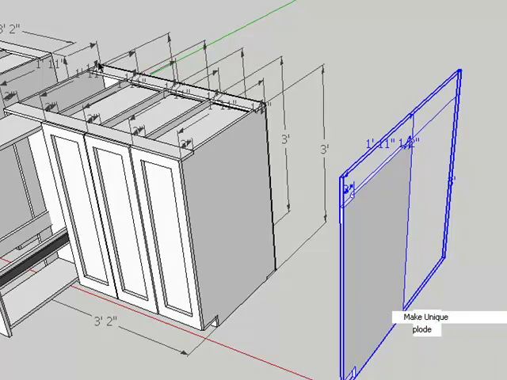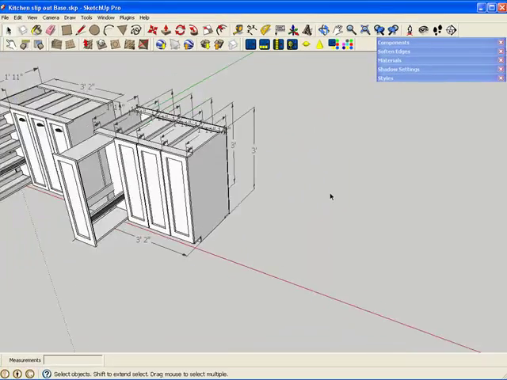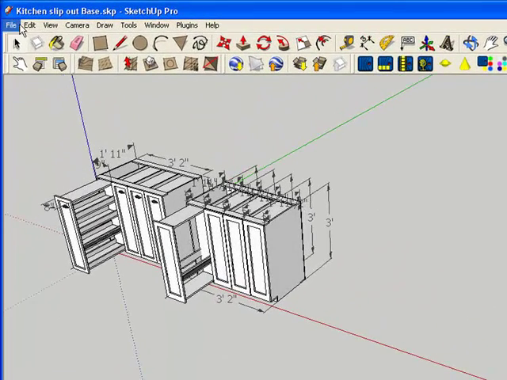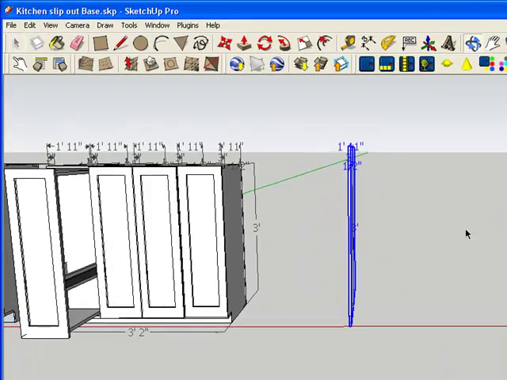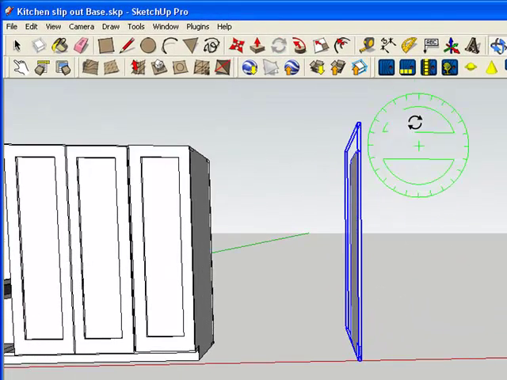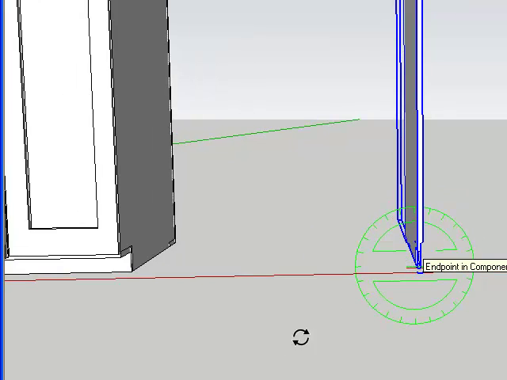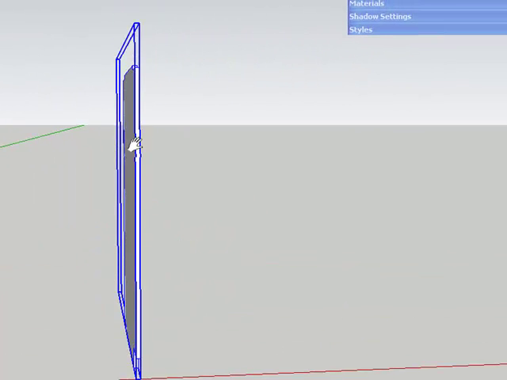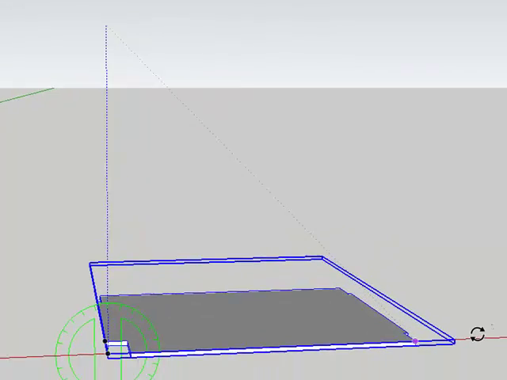I could have done that before and then they wouldn't have shown up here as the measurements, whichever way you want to do it. Okay, so I've got it highlighted, Edit, Cut, and then making sure nothing else is highlighted, I'm going to go Edit, Paste in Place, and then I can take my Rotate tool, alright, click on it, make sure that in this case what I want is the green axis, hold the Shift key so I don't lose it, come down to the very bottom corner, click, go straight up, click, lay this panel down on its side,